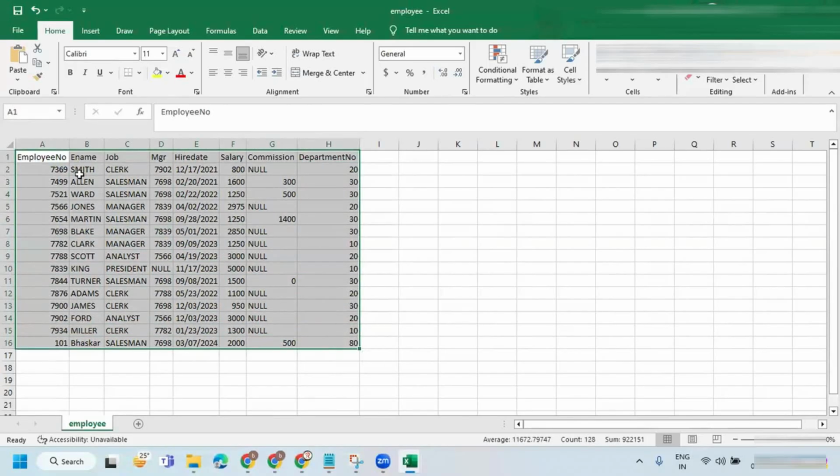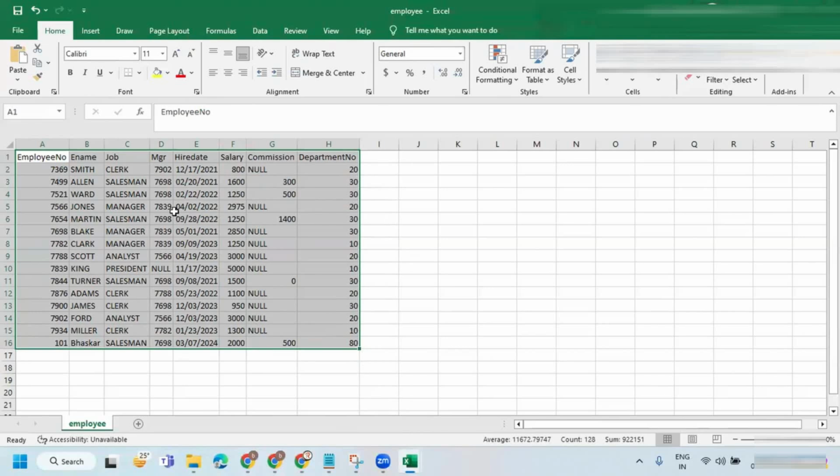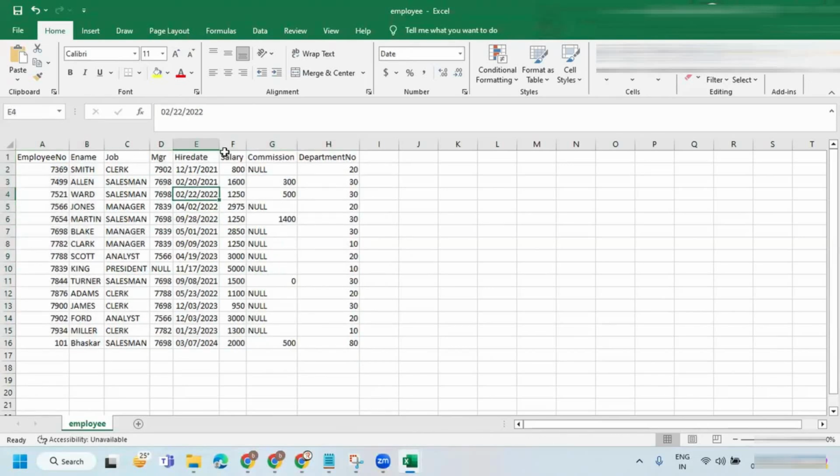And apart from that, this is one join. I wanted to find the persons who are getting more than the average salary of the entire organization. Okay, the average salary is 2000. I wanted to compare each and every one's salary. If the salary is greater than 2000, then I wanted to show those details only. So in that case, we are going to use only the employee table.